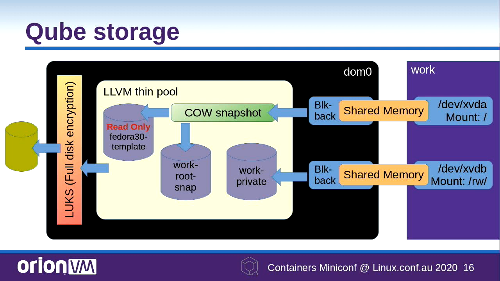And when it starts up, Qubes will take a snapshot of that volume, make another one, and any writes to the root directory will, instead of going to the template, go to this snapshot. Also, because we need more than just a root directory, if you want any persistent storage, it will create a new volume for persistent storage, which will be work private as seen there. Not shown in this diagram is a volume that will be created for kernel modules, and a volume that's also created for swap space if required.